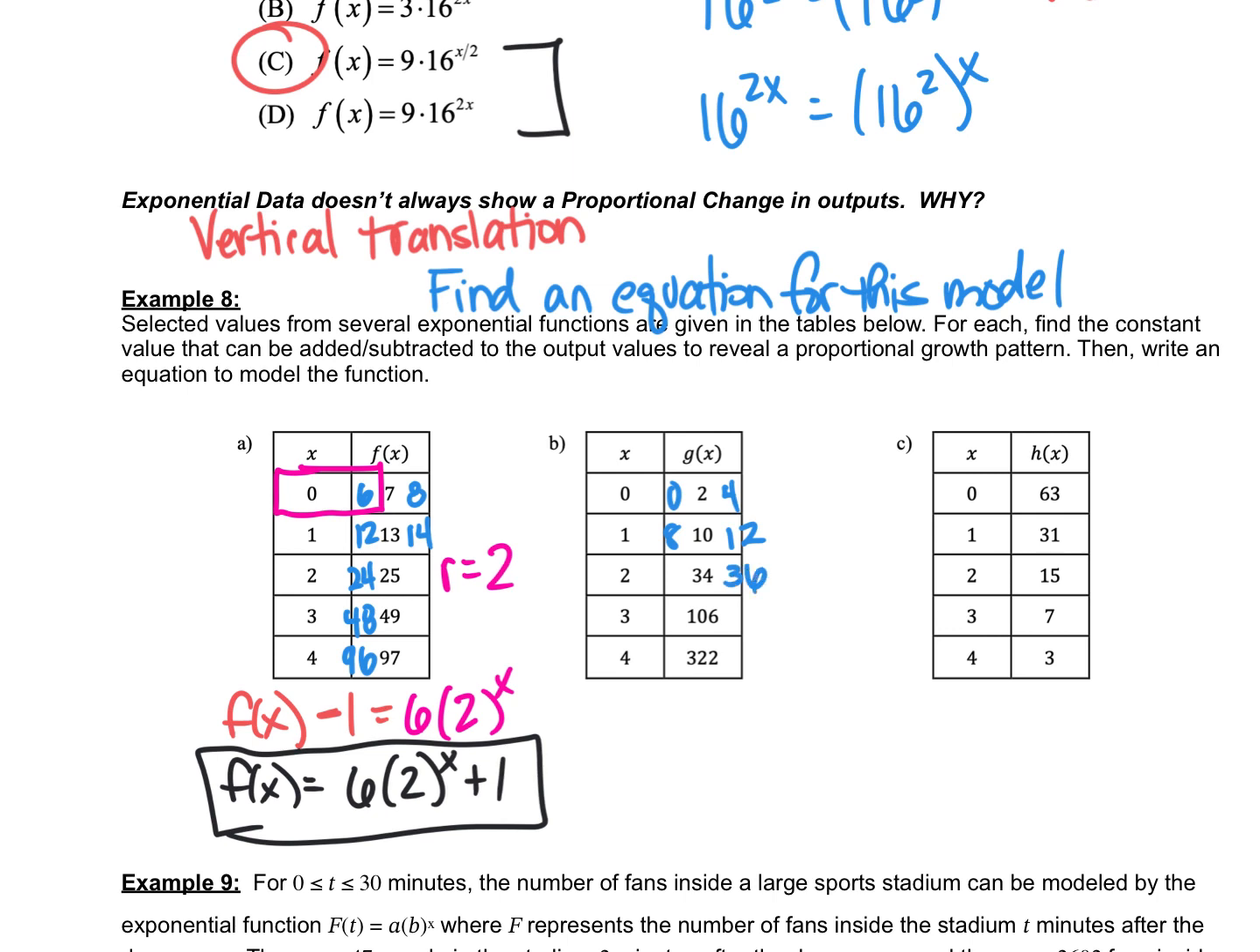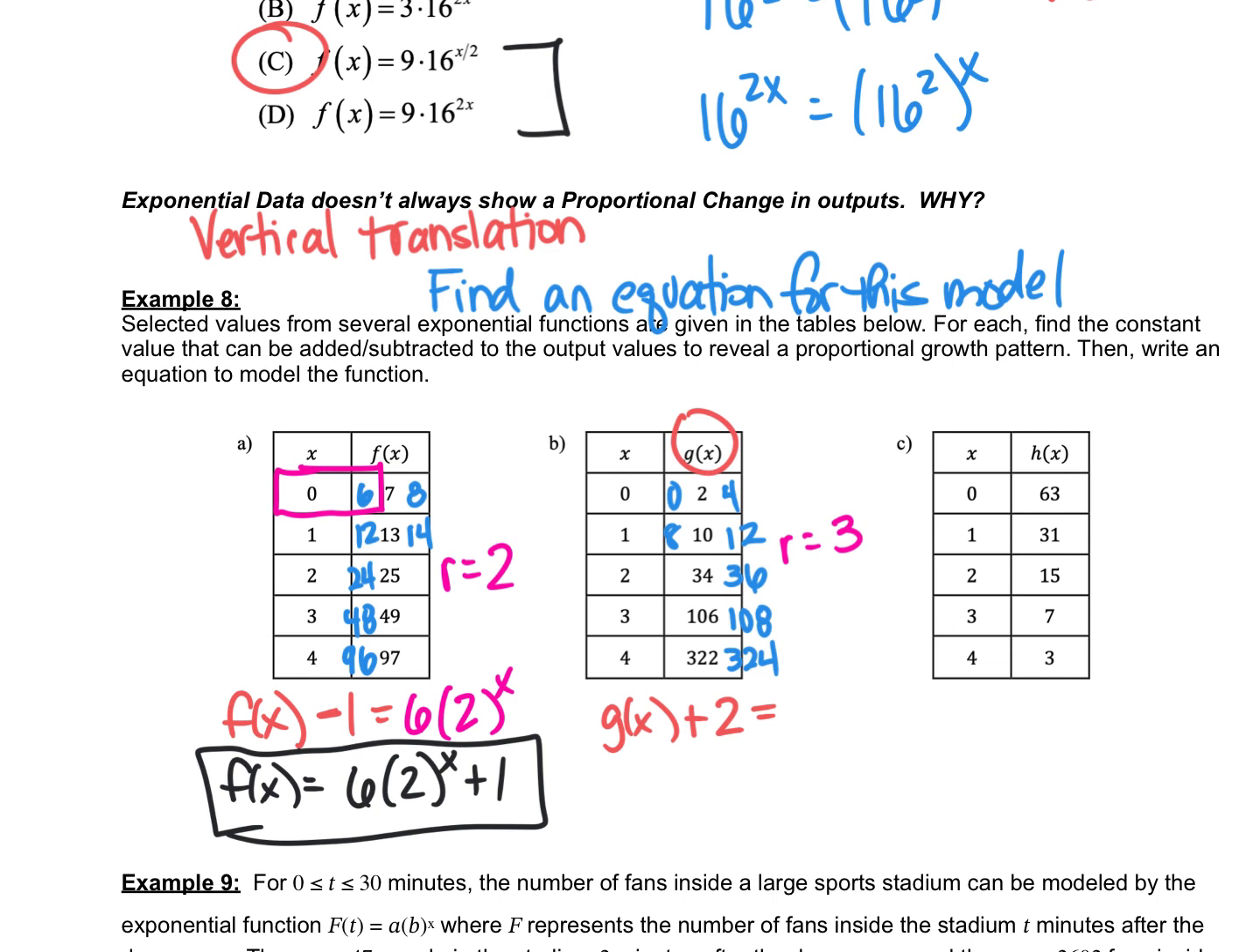All right, let's see if it works. 36, 108, 324, right? So, yep, that gives me a common ratio now of what? 3, okay? Gives me a common ratio of 3, all right? So, what did I do to my original y's, my g of x's, to get the ones I want? I added 2,